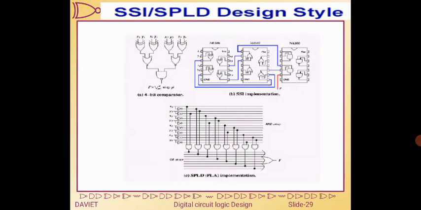First one, SSI. You have to see there is a 74LS86 that represents the XOR gate, the second one represents the NOR gate, and finally the third one represents the NAND gate. You have to see the connection. It is very simple. We take inputs x1, y1, and you have to see the blue color line, which is connected from the 74LS86 to the next NOR gate